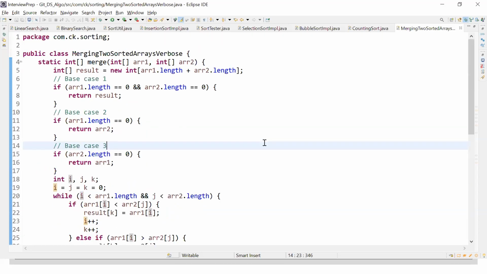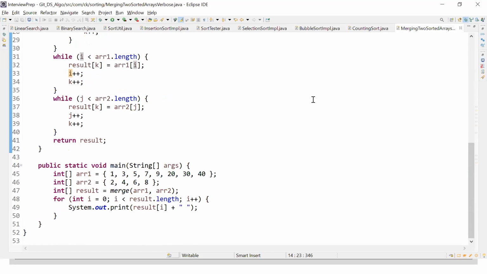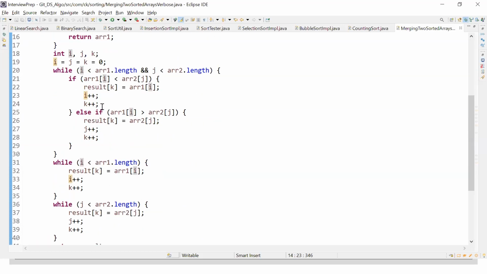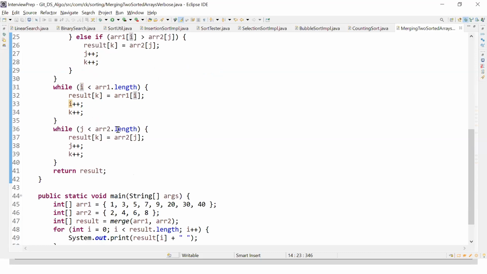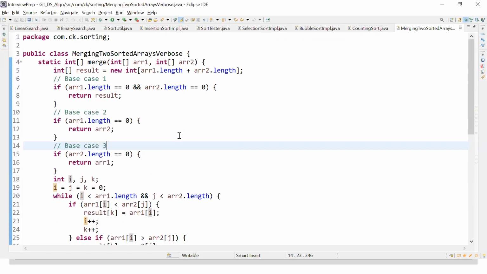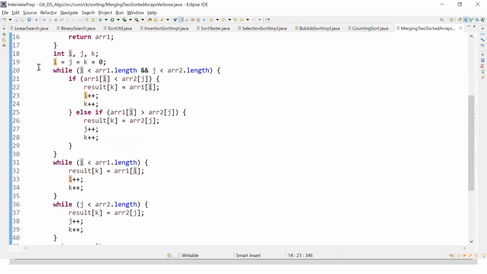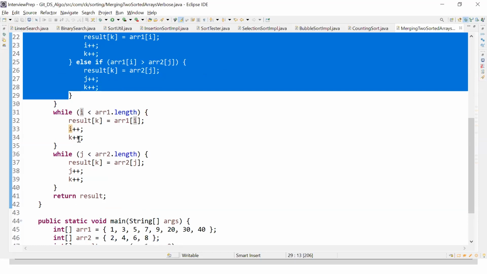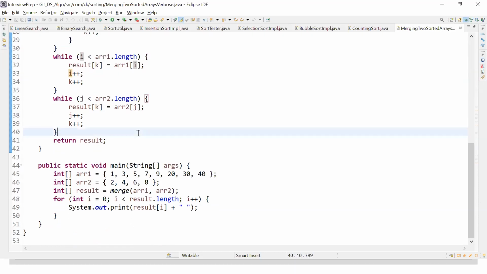So this is a way of writing code. This is very understandable. Whatever we are trying to do, this is very understandable. We came to know that this is what we are trying to do. But to write code elegantly, guys, we need to write code in as few lines as possible, right? If you see in our while loop, we are doing so many things: i++, k++, j++, i++, k++, etc. But this is very understandable. There is no confusion whatsoever.